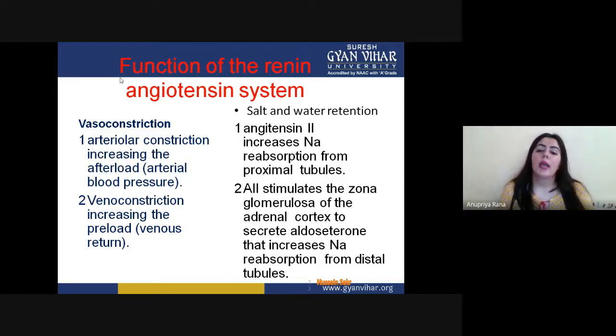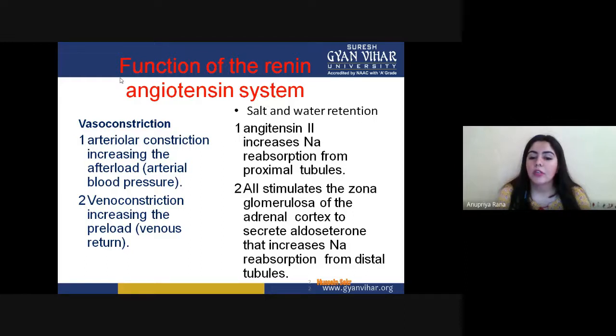Angiotensin 2 increases the sodium reabsorption from the proximal tubule. They also can enhance the reabsorption of sodium by the proximal tubule, which is present in the kidney, so they can be responsible for the reabsorption of sodium again inside the tubule. It also stimulates the zona glomerulosa of the adrenal cortex to secrete aldosterone that increases reabsorption